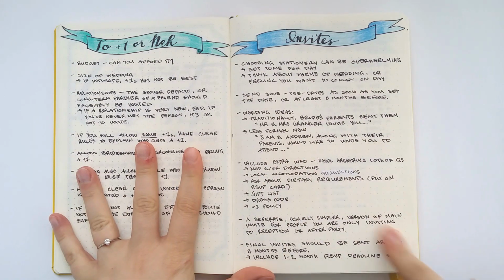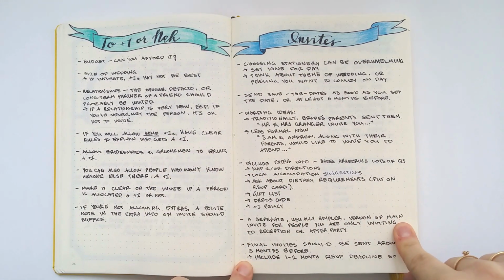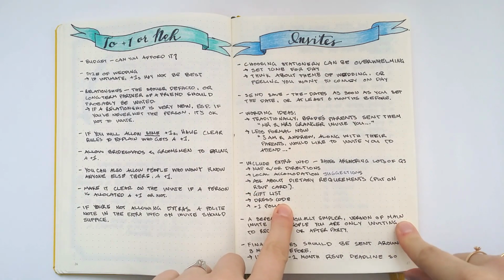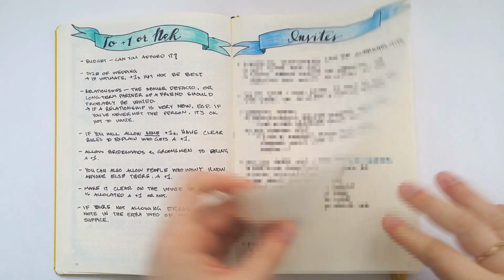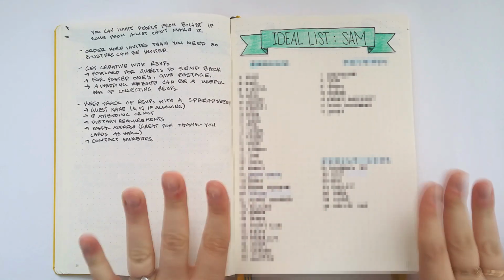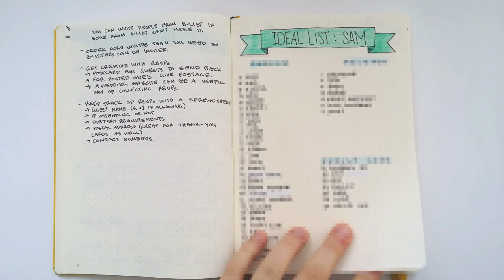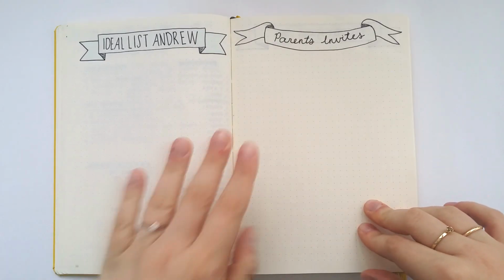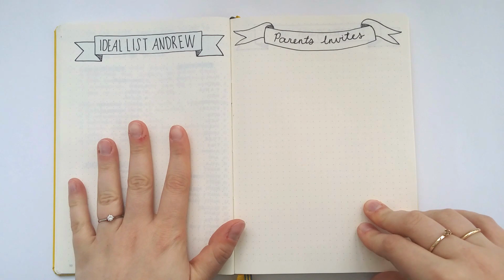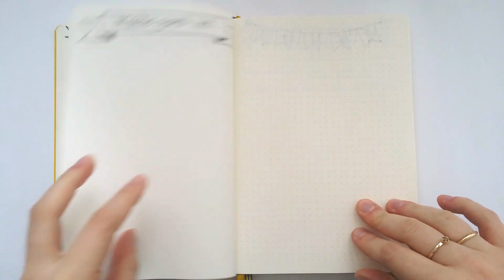And then I've also got notes on invites, so things like wording ideas, what to include on extra info cards, RSVPs and things. This is my ideal guest list for my wedding, but I'm going to blur this out so that nobody has their information on the internet. I've got spaces here to put my fiance's list, our parents' lists, who our parents might want to invite if anyone,